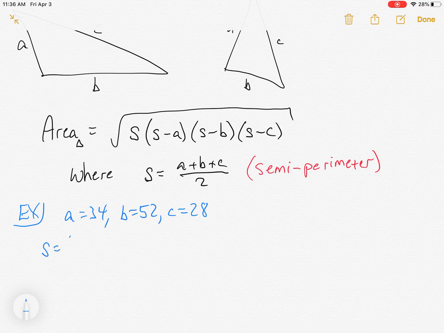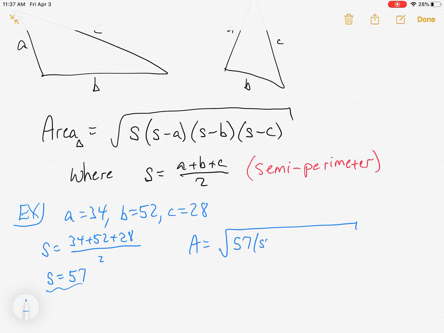Well, the first thing I do is find S. I would like to see your S calculation. Don't just tell me what S is, since this is new. That's going to turn out to be 57. I picked kind of a nice one. It won't always be; it'll be 0.5 maybe sometimes. That's 57. So now the area